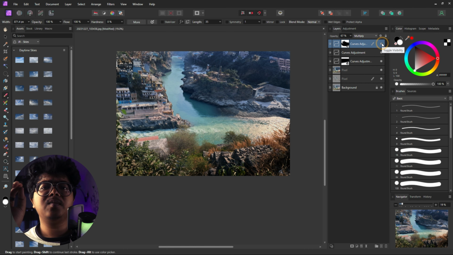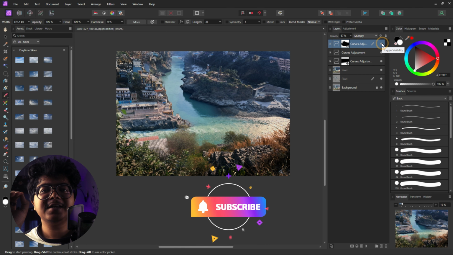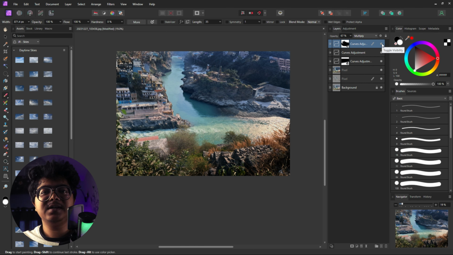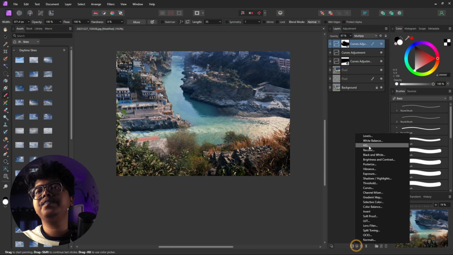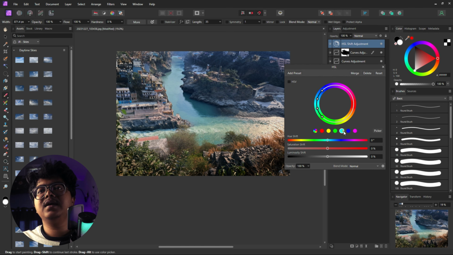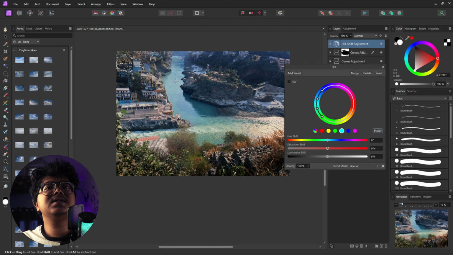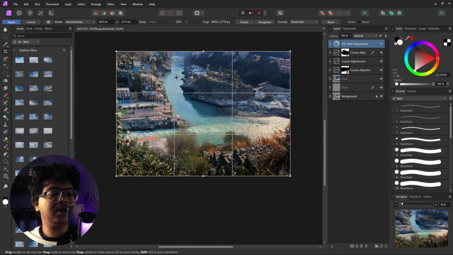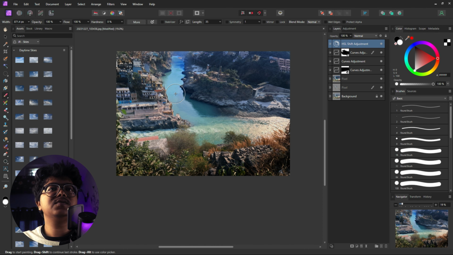And now comes one of the most important parts of this editing, and that is adding some spice, adding some magic to the waters. So for that we'll create an HSL layer, select the blues picker and choose this water color from here and increase the saturation, change it to a bluish color, press Ctrl I, choose the brush, white as the foreground color, and we paint over these waters